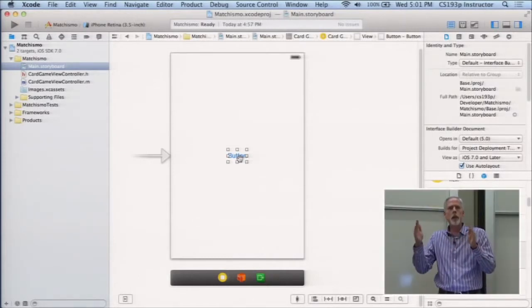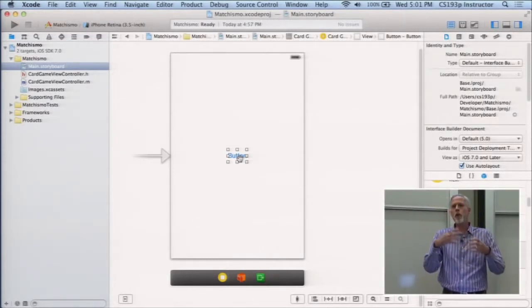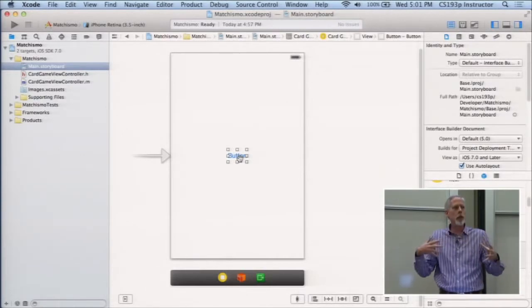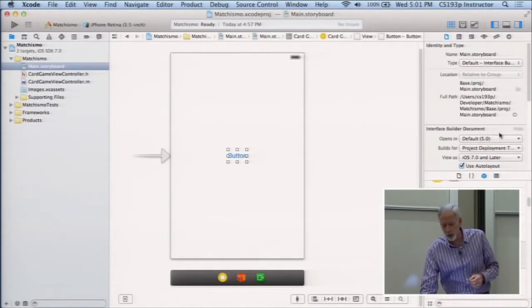Right, and lined up against edges, so that as the users go from one app to another, things will all be separated by predictable spaces and everything will be consistent. It's really important. And there's a mechanism, you can see this switch right here, Use Auto Layout, which is introduced